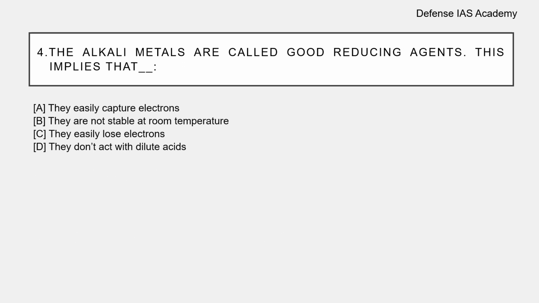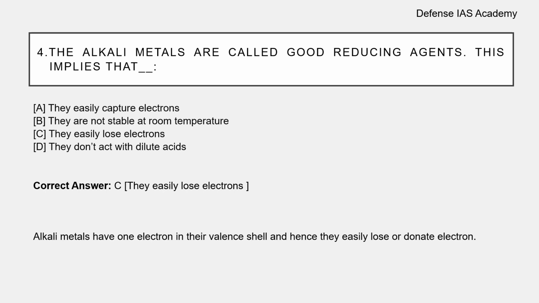Question number 4. The alkali metals are called good reducing agents. This implies that option A. They easily capture electrons. Option B. They are not stable at room temperature. Option C. They easily lose electrons. Option D. They don't react with dilute acids. The correct answer is option C. They easily lose electrons. Alkali metals have one electron in their valence shell and hence they easily lose or donate